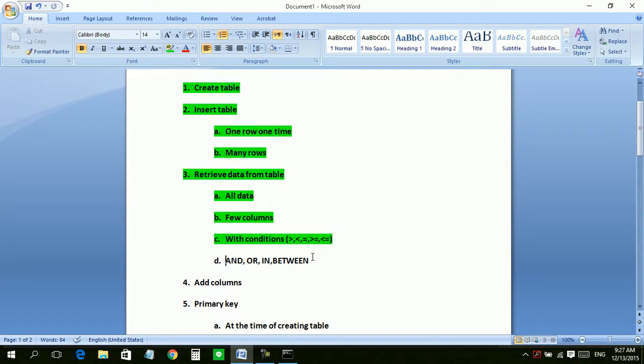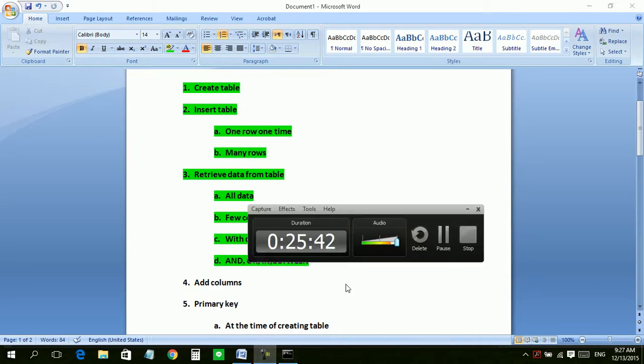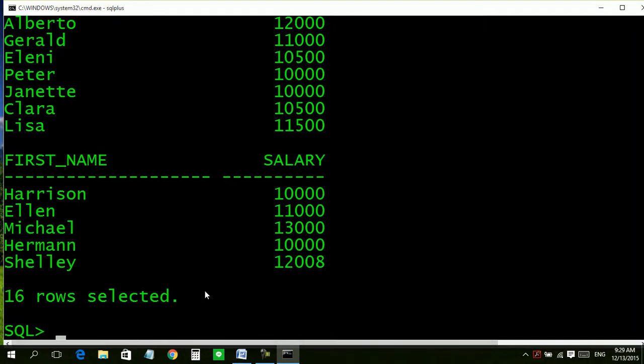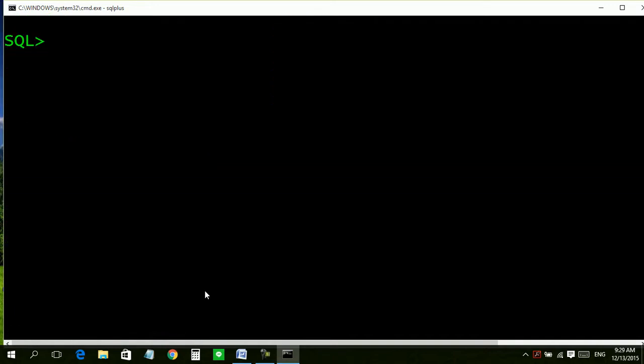Okay, that is also completed. Now the next thing in our record is adding columns. Let us see how to do it. To make our screen clear, we use the command clear screen.